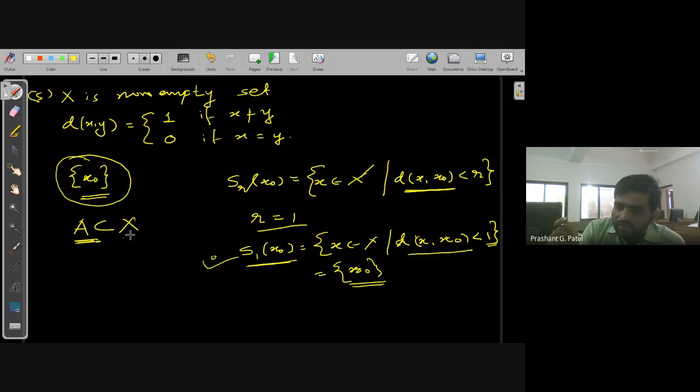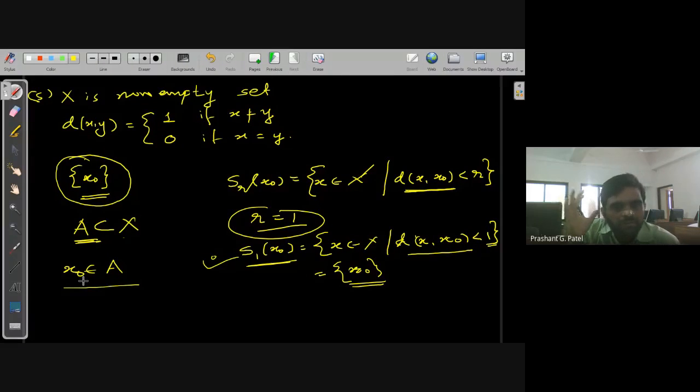Will you agree with that statement due to this argument? Now let's say x0 is any point in this set A. Same argument given, this x0 already lies in A. So the set {x0} also lies in A. So the same argument can be given for any point in this set.